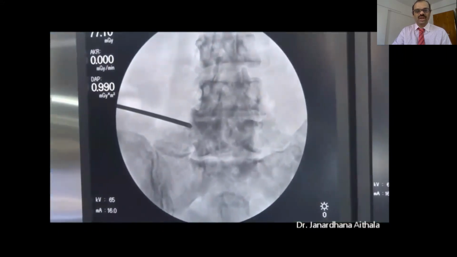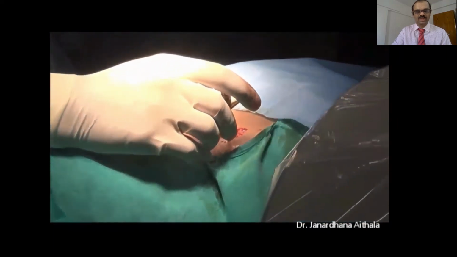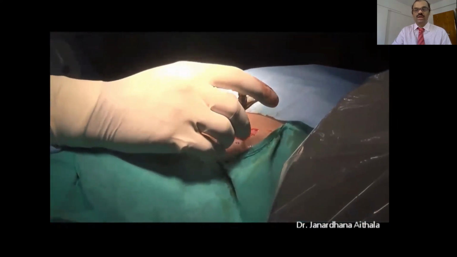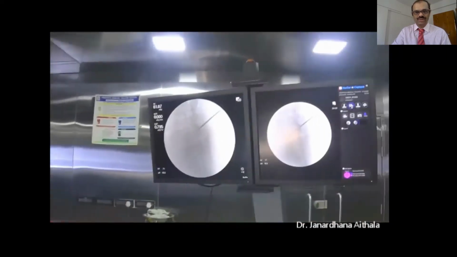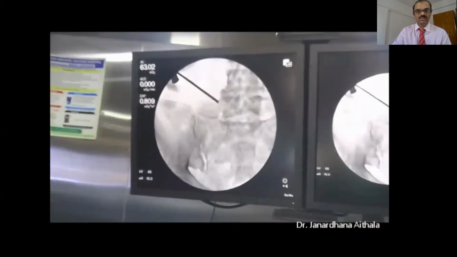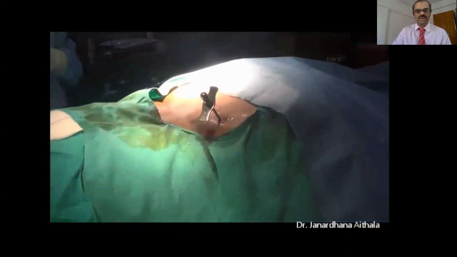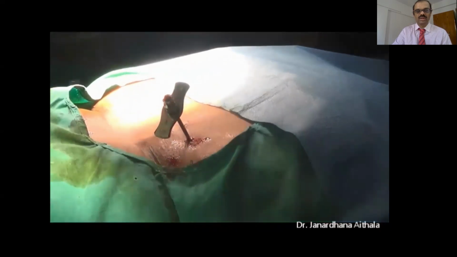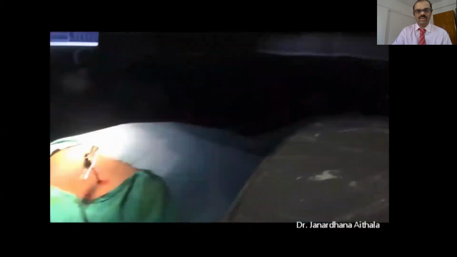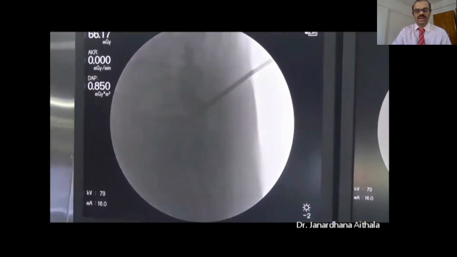You can see with a little bit of angulation now I can target the lower part of the vertebral body. So this is the advantage of the extrapedicular approach, where with a little bit of angulation we can either target the superior part of the vertebral body or even the disc space. Now it is at the junction. Now we introduce it and confirm that it is in the vertebral body. It has entered the vertebral body, but on the AP view it was still within the oval shadow. That is the most important thing.